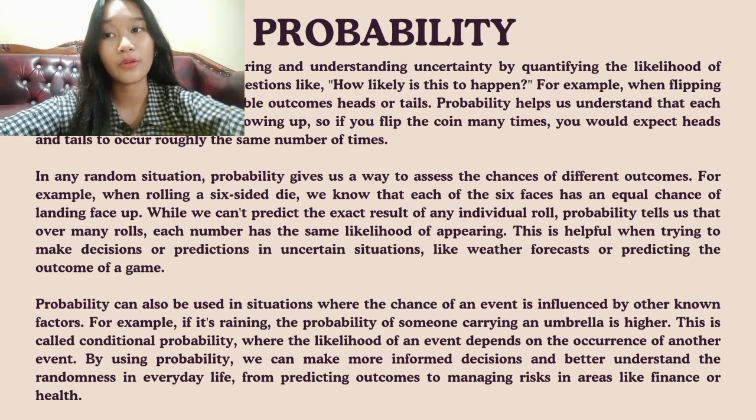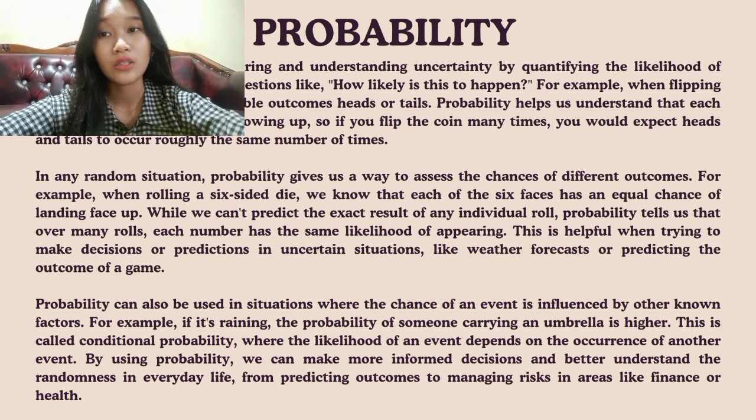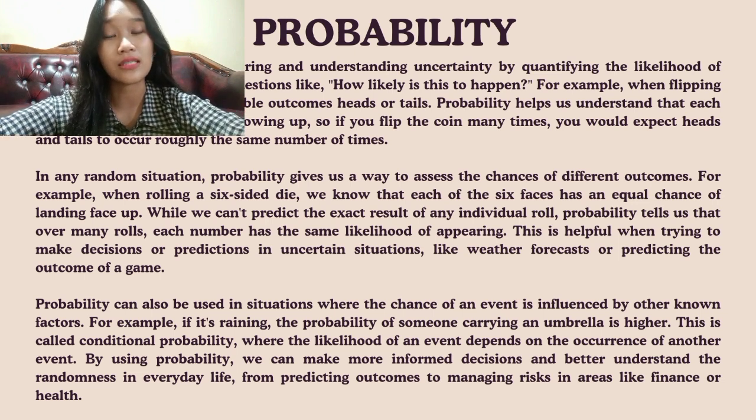For example, when rolling a 6-sided die, we know that each of the 6 faces has an equal chance of landing face up. While we can't predict the exact result of any individual roll, probability tells us that over many rolls, each number has the same likelihood of appearing. This is helpful when trying to make decisions or predictions in uncertain situations like weather forecasts or predicting the outcome